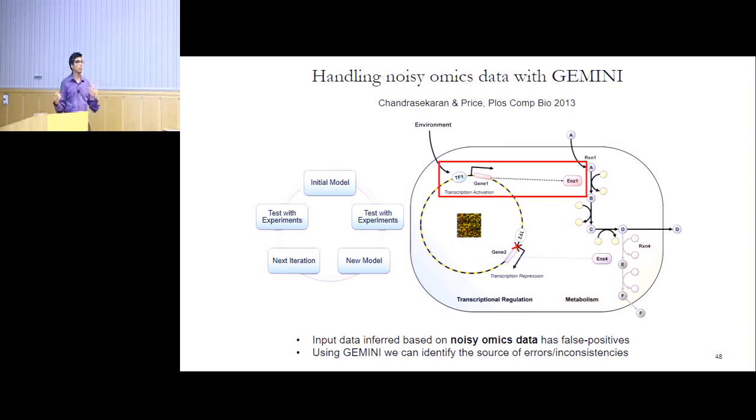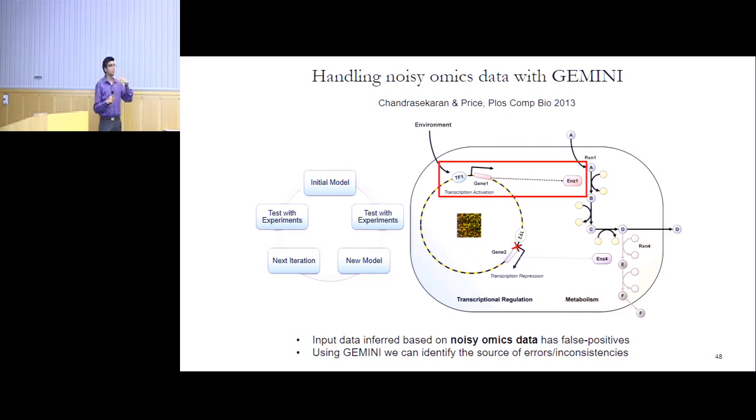So GEMINI helps to resolve this inconsistency. It tries to identify the data type that is most likely to give this error. So for example, in this case, the error might be due to 3 different reasons. One is that you did your experiments wrong, which is highly unlikely because growing a cell and measuring viability is something very easy to do. So you can't mess up that experiment. So then it's either going to be the transcriptional regulatory interaction or the metabolic network. If this falls into central metabolism, which has been studied for hundreds of years, then it's most likely that the error is due to the transcriptional regulation and not the metabolism.